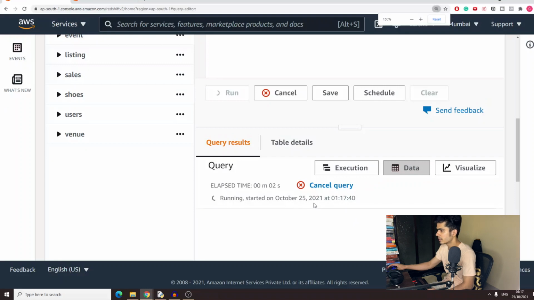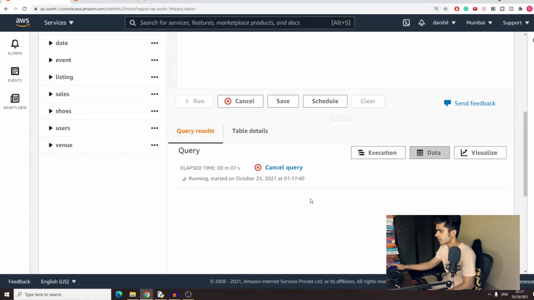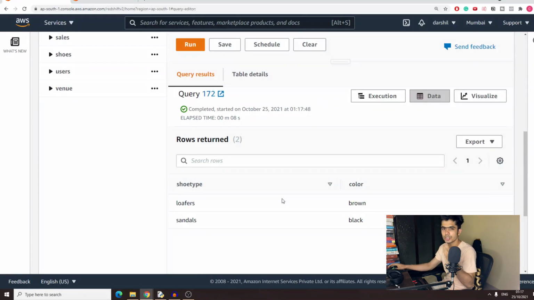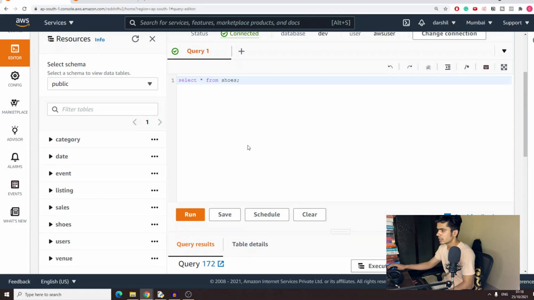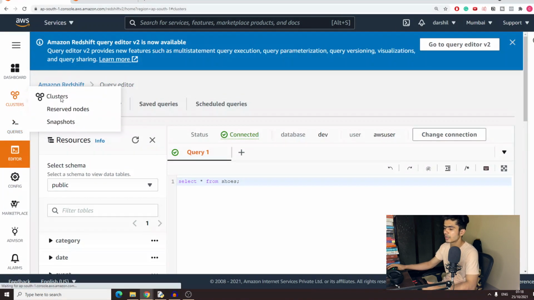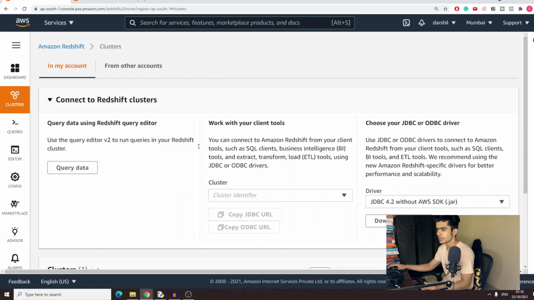It's loading. Let me zoom out a little bit so that you guys can see everything. Now just remember, this takes a little bit of time because we are running on a single node, but as you can see, those inserted values are over here. Now this was just a tutorial to understand how we can create the Redshift cluster and insert and create a basic table.